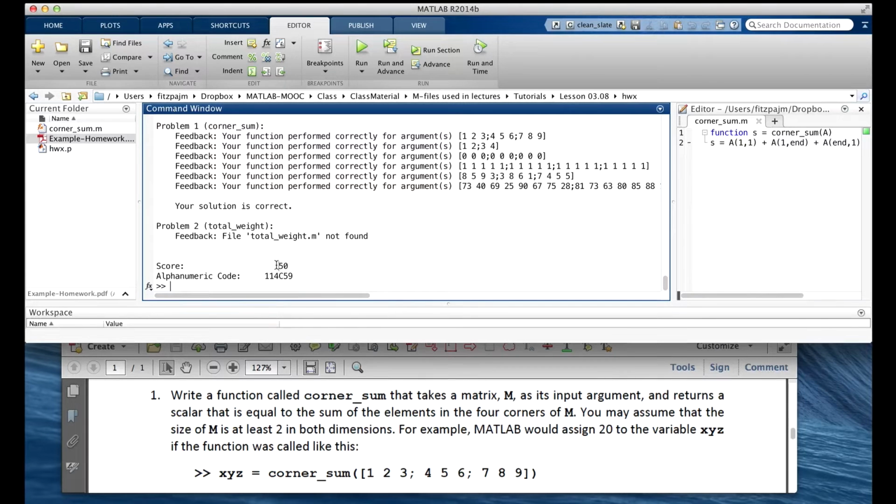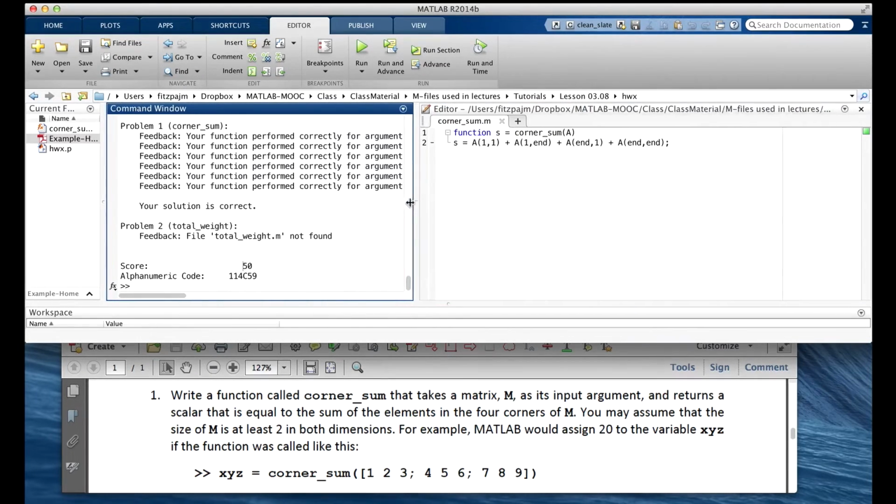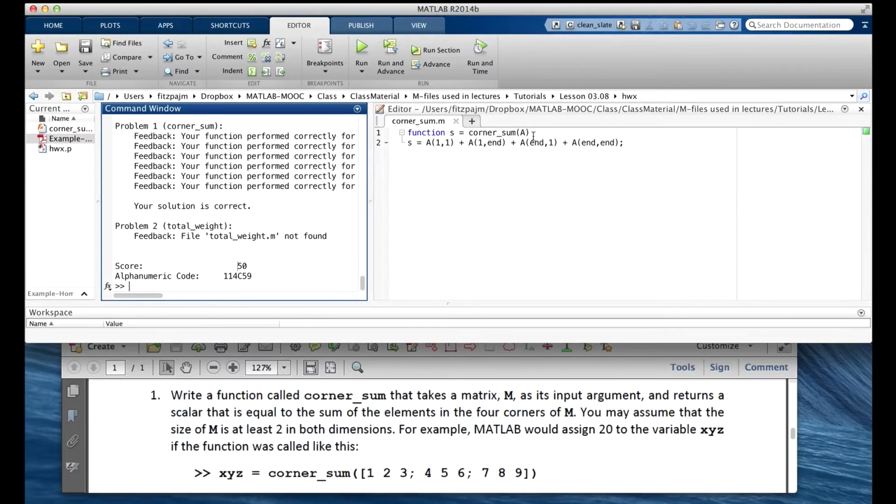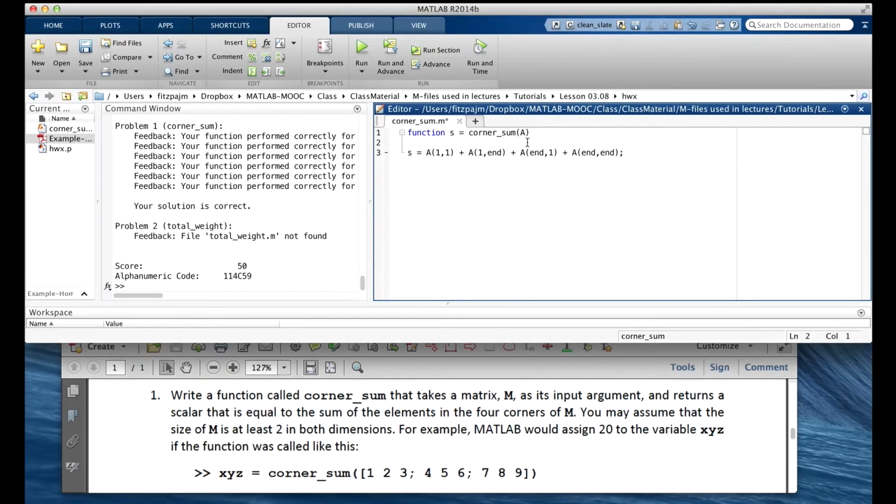But this time, let's see how the grader reacts to mistakes, and then show how we might find them and correct them. Let's start with the first error we made before, when we were putting our own matrix inside the function. So let's pull this thing over here a little bit, and remember we did this? There, we knew that was the wrong thing to do. We did it anyway.